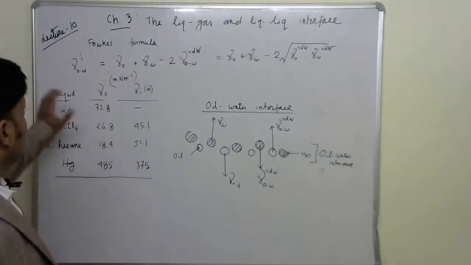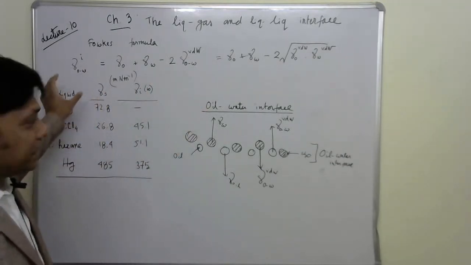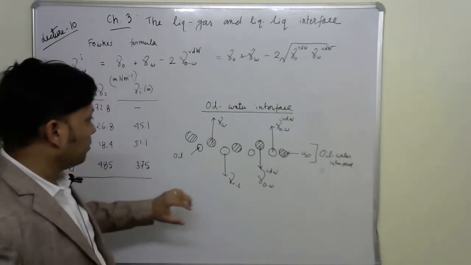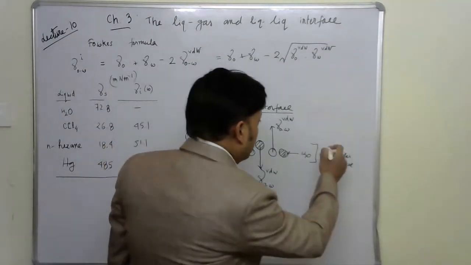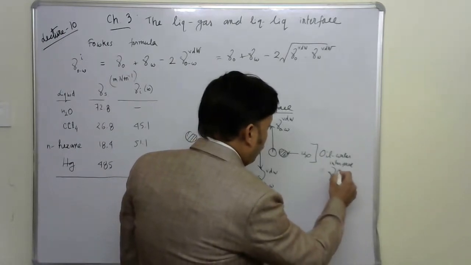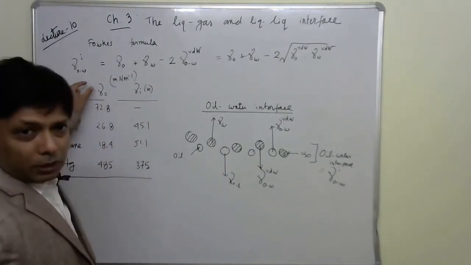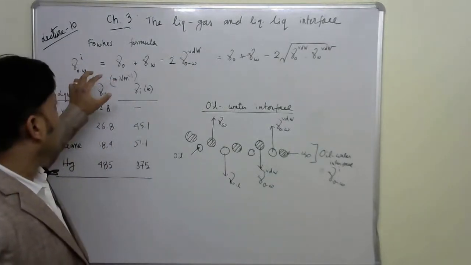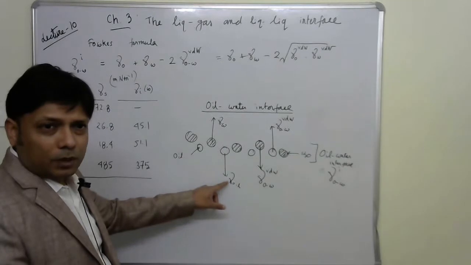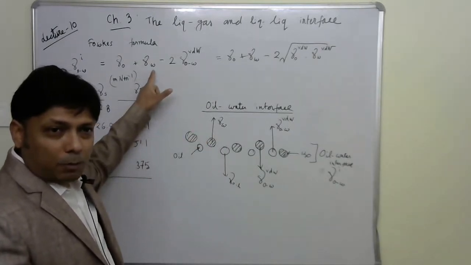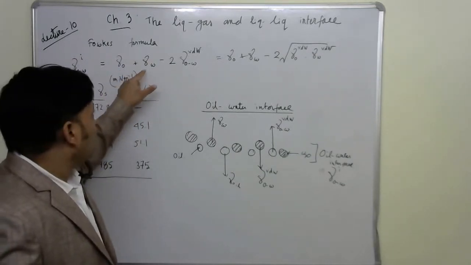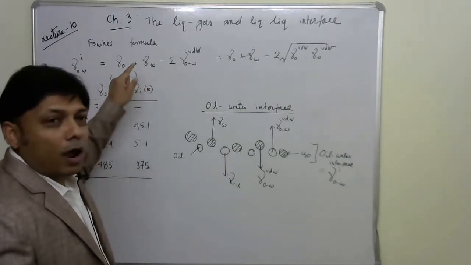So I have written the Fowkes empirical formula over here. It says that the net tension at the oil-water interface is denoted as gamma oil water I. This is expressed as the summation of the pure oil surface tension, that is gamma oil, plus the pure water surface tension, that is gamma W. Obviously here gamma oil is gamma van der Waals, and gamma W is gamma van der Waals plus gamma hydrogen bonding,